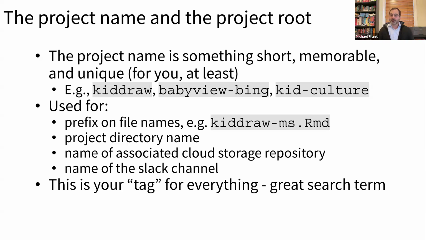And you want to be very disciplined about this. Choose how you write it out. Always write it the same way. And it's always going to be a way that you can find things associated with this project. The directory named for the project name, and there's going to be one of those on your computer, exactly one, is going to be called the project root. It's the root of the directory. I should draw upward. My metaphor should go up. The root of the directory tree that branches upward out into all of these different leaves that are the directories, subdirectories or subfolders, where all of your files live.